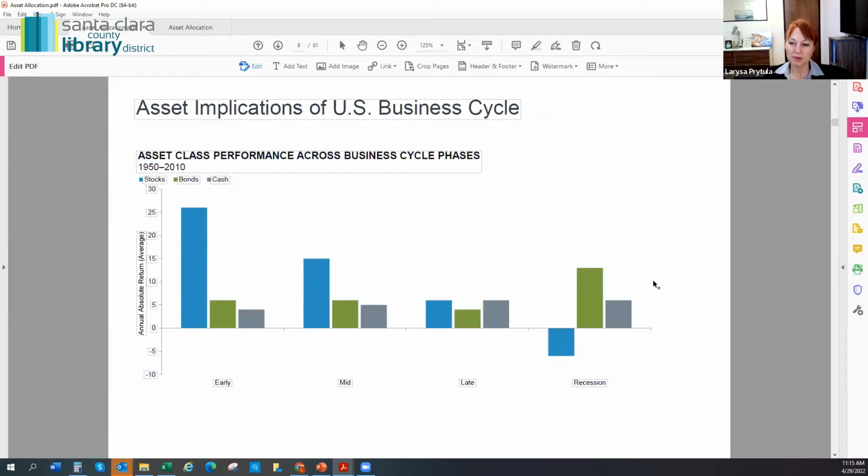But look what happened in recession. People right now, everybody hates bonds. They say bonds are the worst, bonds are not good, they're not making us money. But in reality, if we do go into recession, the best place that holds the value are our bonds. And you can see the stocks have negative return. Cash is consistent across the board, but unfortunately, cash is not keeping up with inflation.